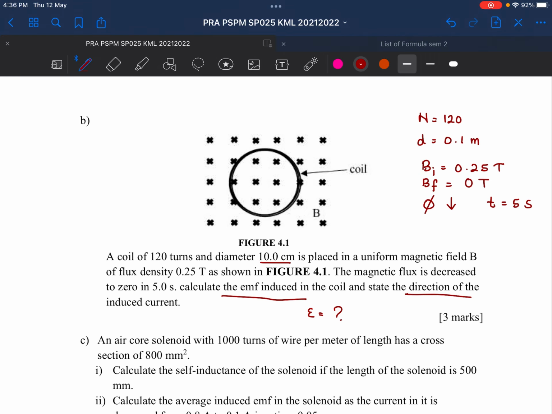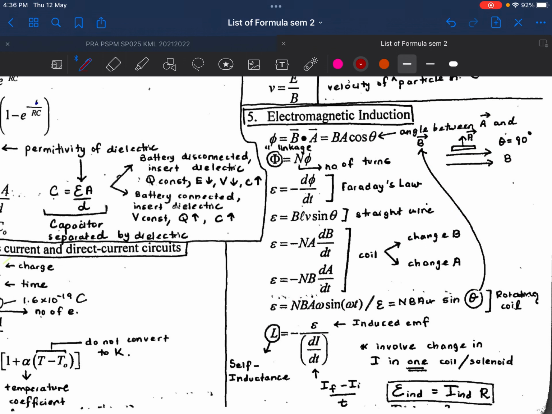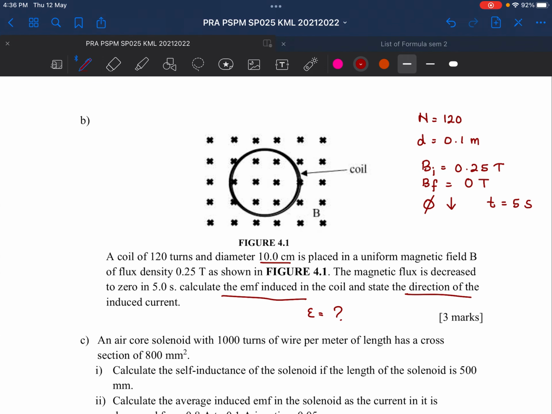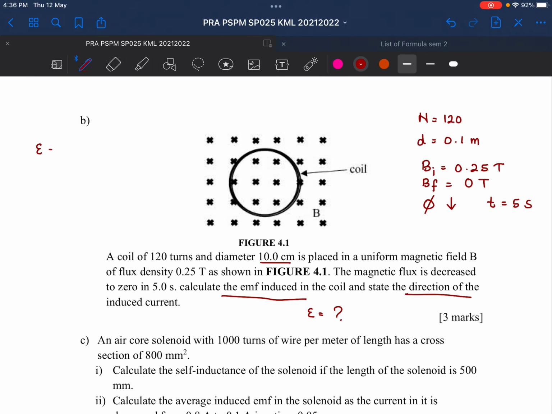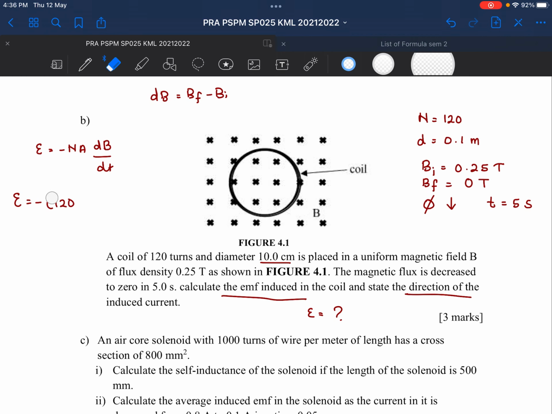So this one kita tengok list of formula kan. So yang ni yang berubah B kan. Berubah B. So I think we can use this formula. Change B for coil. So I think we're going to use this formula. Okay. EMF equals to NA dB over dt. So dB is actually changes kan, B final minus B initial to time adalah time lah. So negative 120, you don't put negative so pun tak apalah